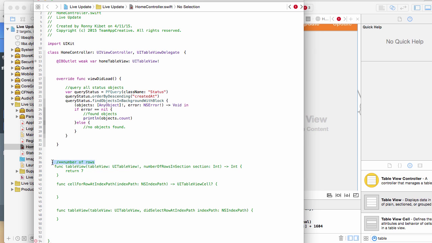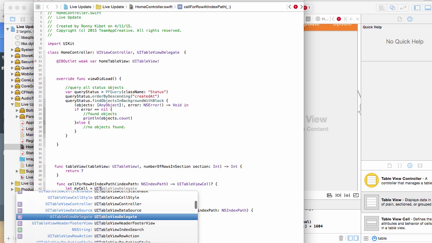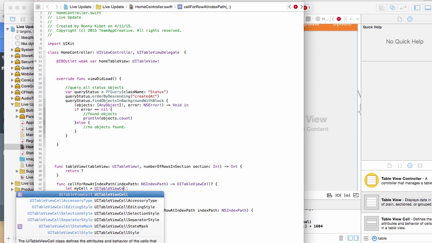It's a trial and error thing. And then here I will create a cell. Let's create my cell equals UITableViewCell,